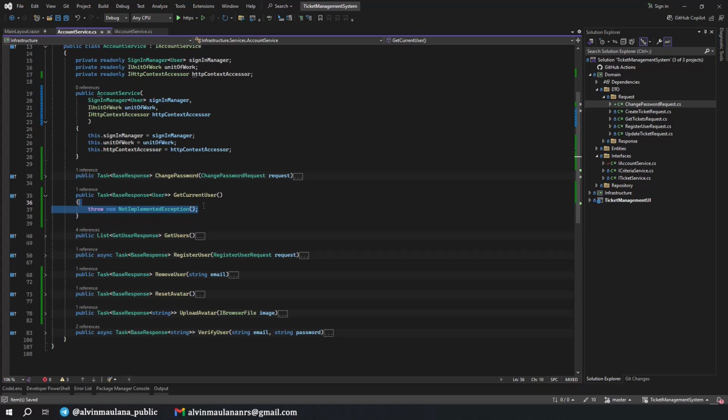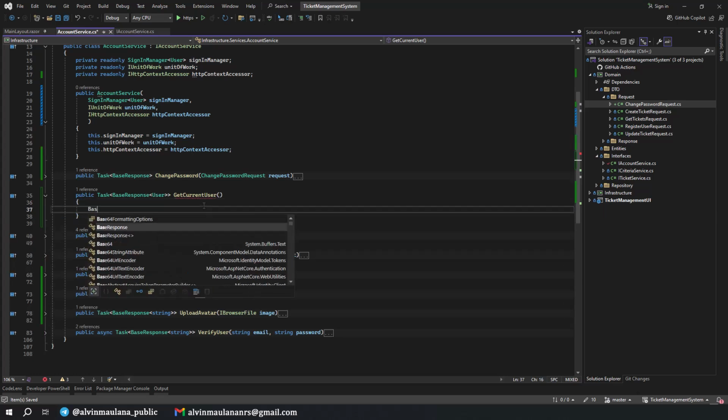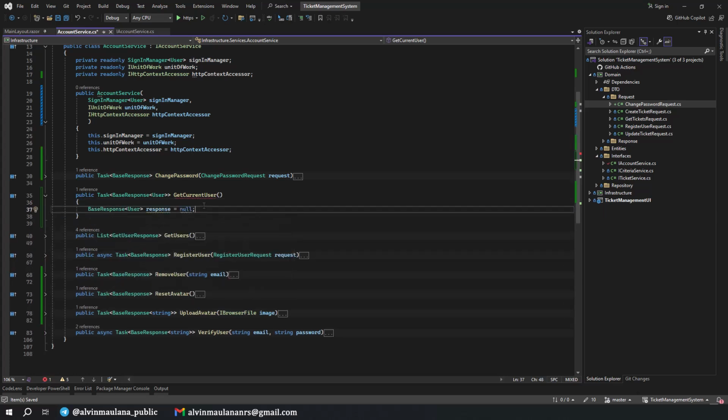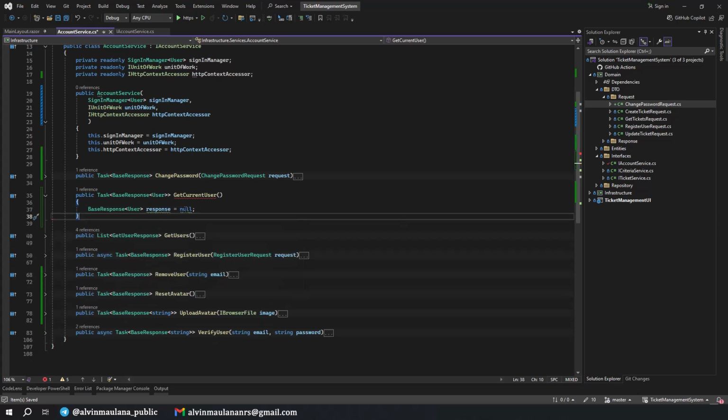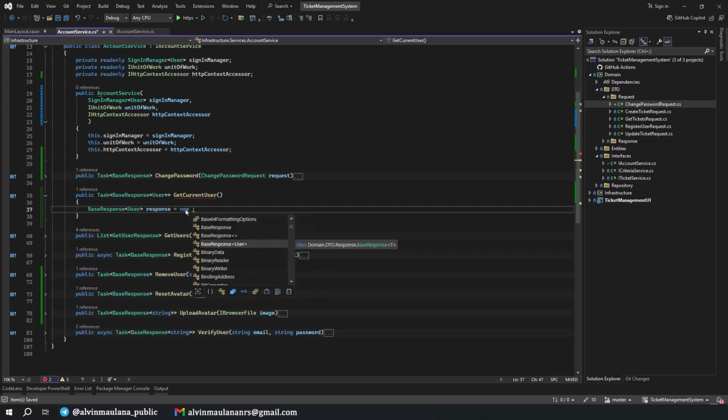And what we have here is we will define the result first. Base response user response null. Okay, and by default not null but new base response user.